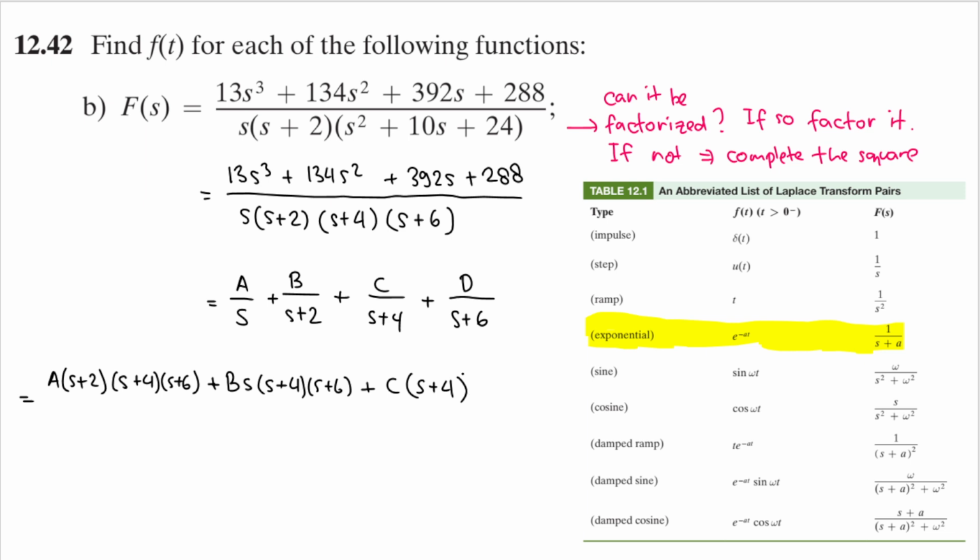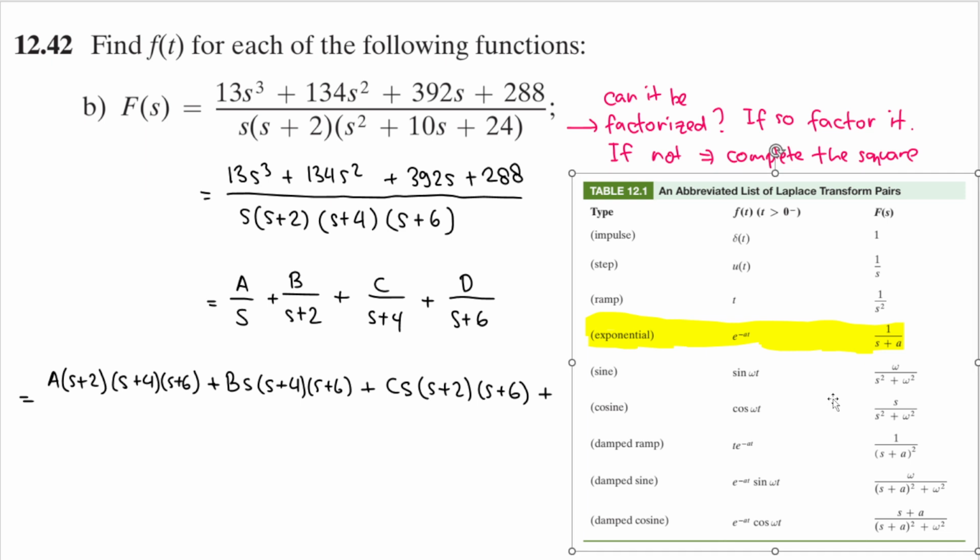Oh, I made a mistake here. For C, that will be s times s plus 2 and then s plus 6, and then for D,